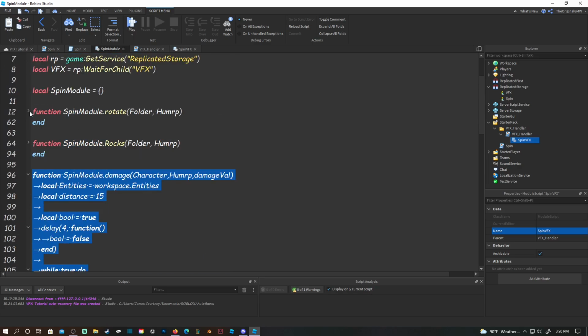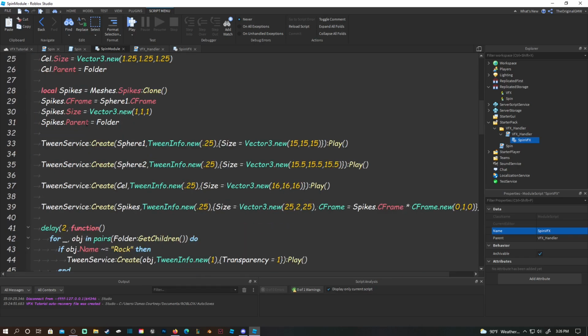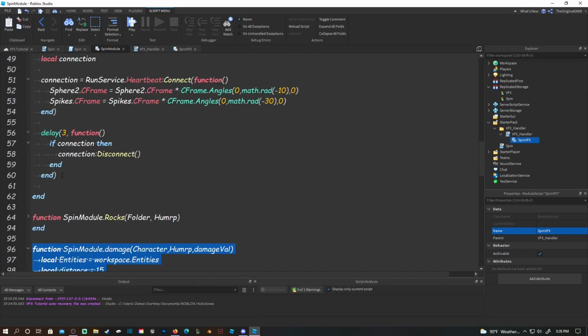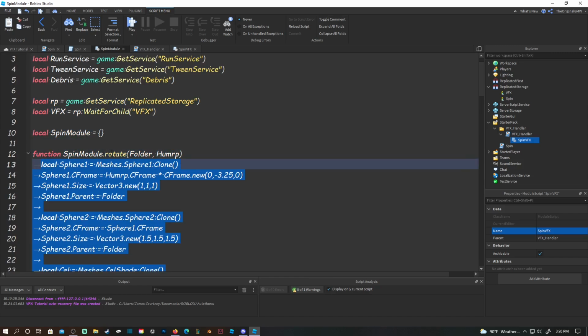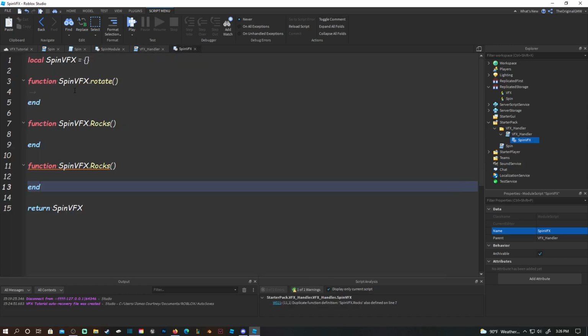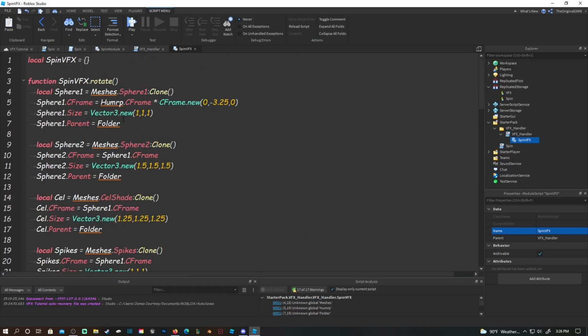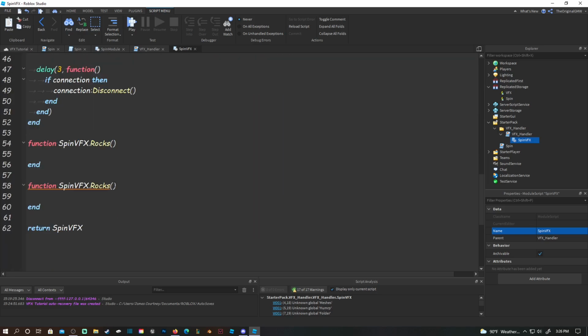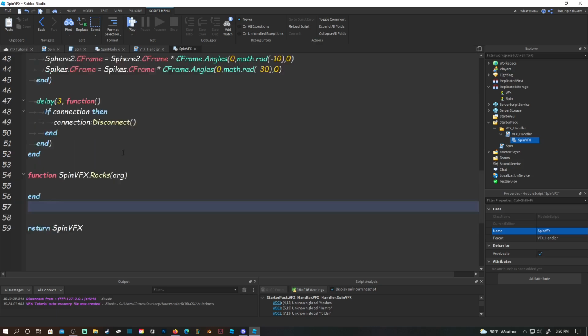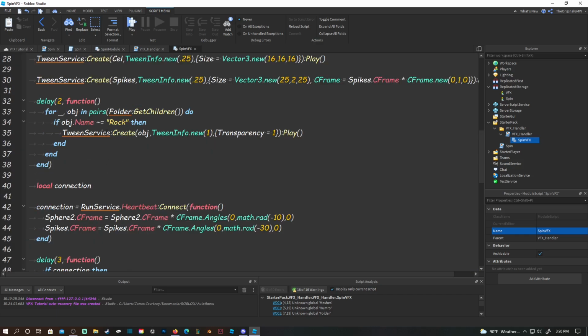But what we can do is move this section, right? So we're just gonna move everything in the first function, the rotate function, into the rotate function for the module, right? And then inside the module, we're gonna do argument as its parameter, and then we're gonna do the same thing at the bottom with the rocks. We're gonna remove that extra function, and you're gonna get a bunch of errors. We're gonna fix this